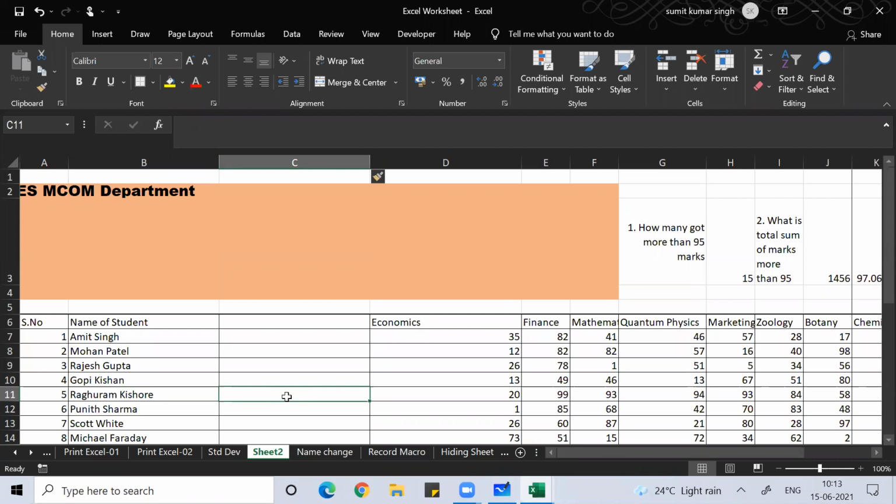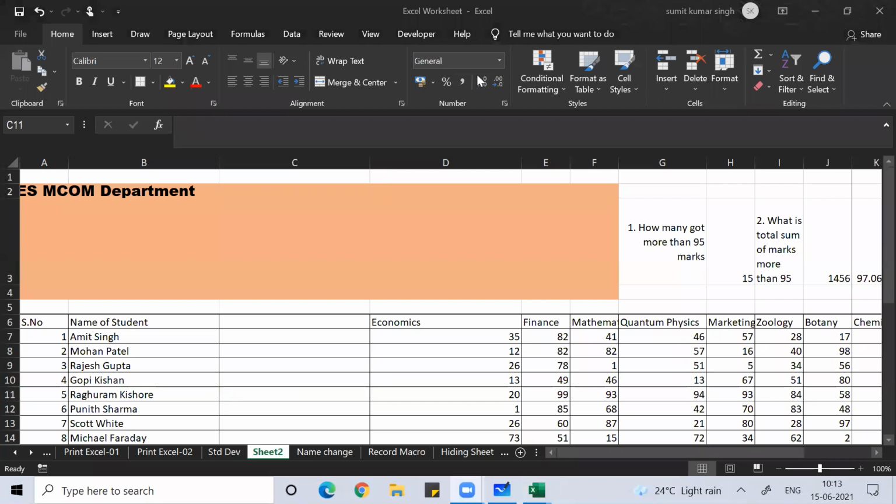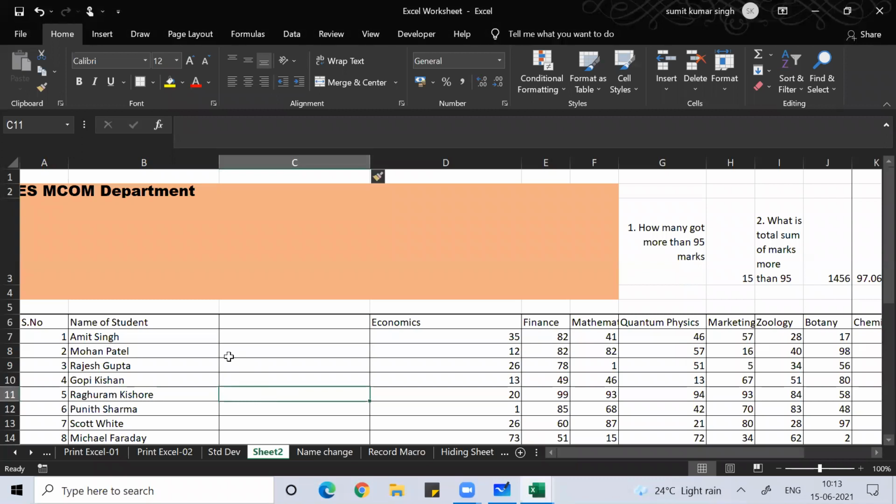Here, can you see everyone? Anyone finding any difficulty in doing this? So now you get a separate column.